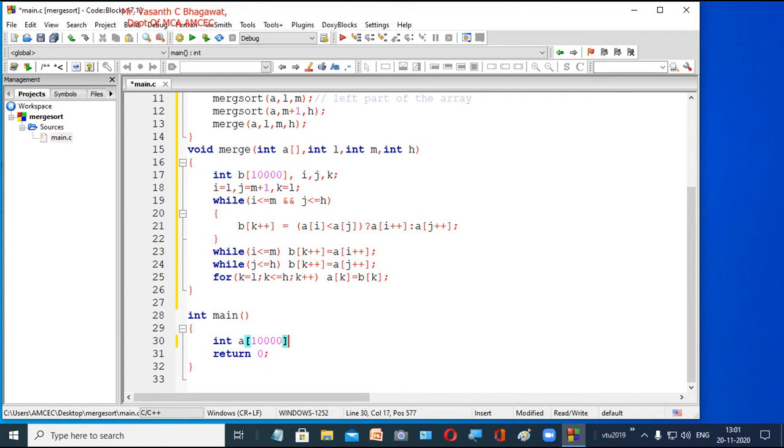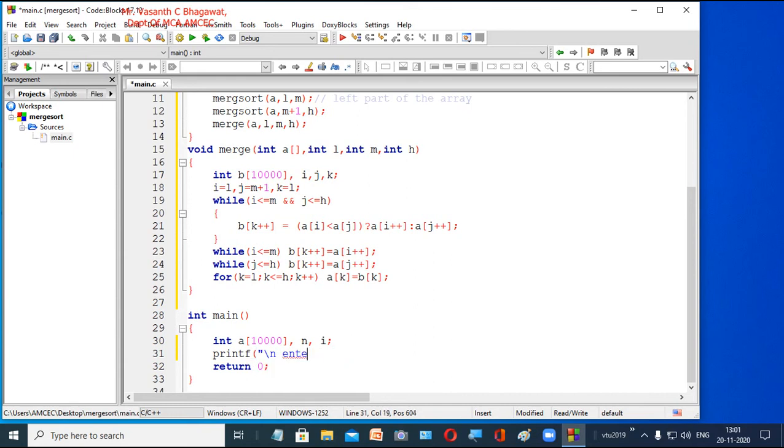The same number of elements should be declared in this array a. So you are declaring an array a, right? Then what else is required for us? Size. How many elements you are going to take? Size is required for us. Now accepting the elements into our array. Only this, because this is a sorting program. So now we will use printf, enter the, okay, sorry.